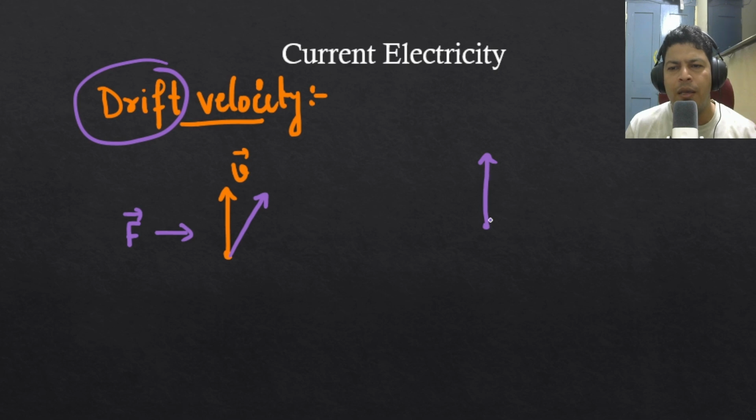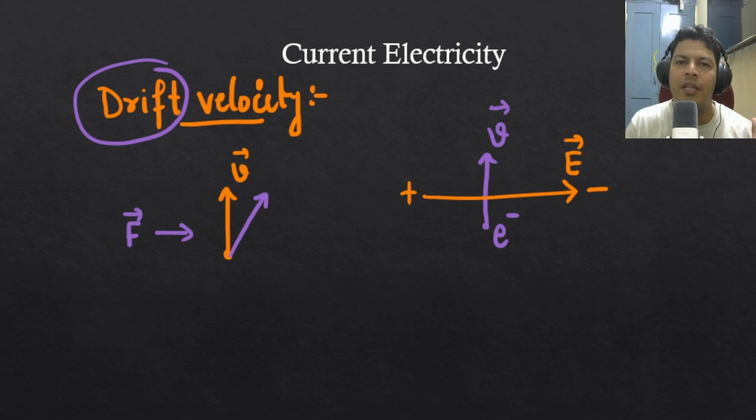Now, for example, an electron, which is a negatively charged particle, is moving in a particular direction with velocity v, and I have applied an electric field. Assume that this is the electric field. What is the direction of the electric field? The electric field direction is from positive to negative. Now tell me, in which direction will this electron experience the force? Because the electron is a negatively charged particle, it will experience a force towards the positive end